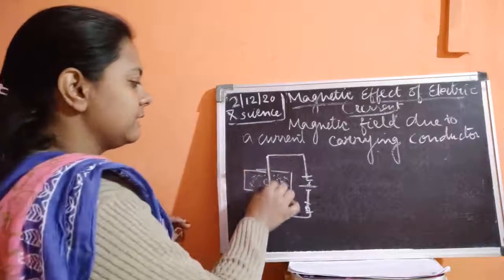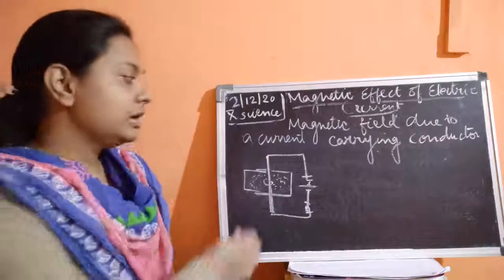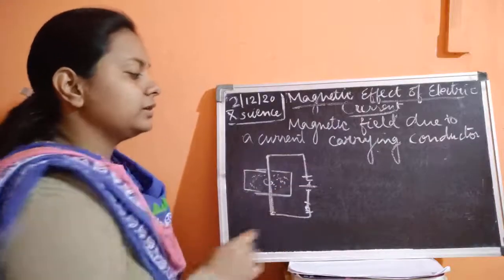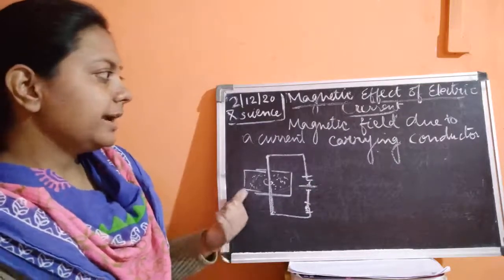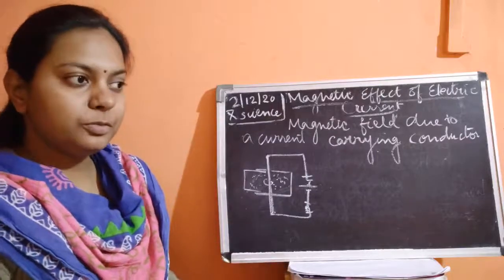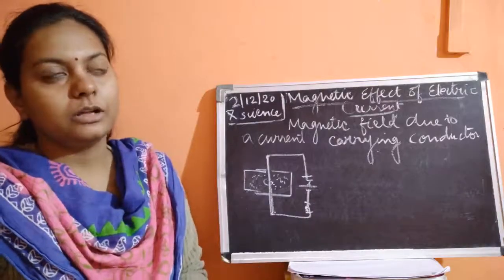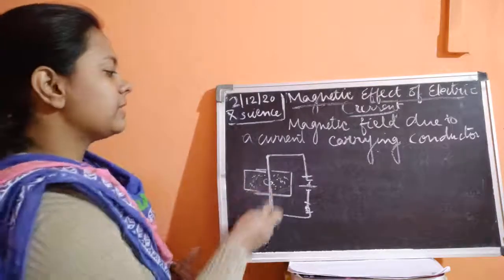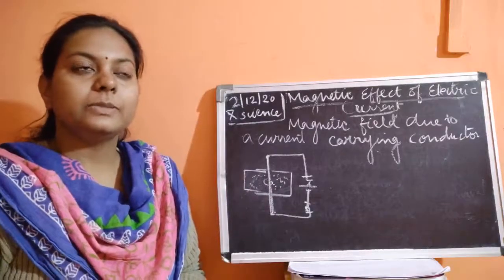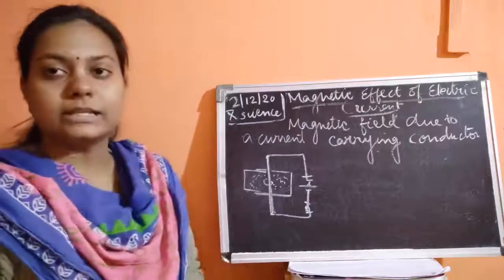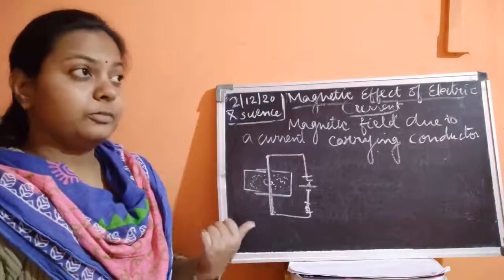So this is a wire, a straight current carrying wire. Why is it a straight current carrying wire? Because we have made a setup where both free ends are joined with the battery, the cell and a switch. So it becomes a current carrying conductor. Now we have to prove whether magnetism is generated around this current carrying conductor or not. How can we prove that? We simply sprinkle some iron filings near the straight current carrying conductor and wait while the current is flowing. That could be a piece of copper wire.